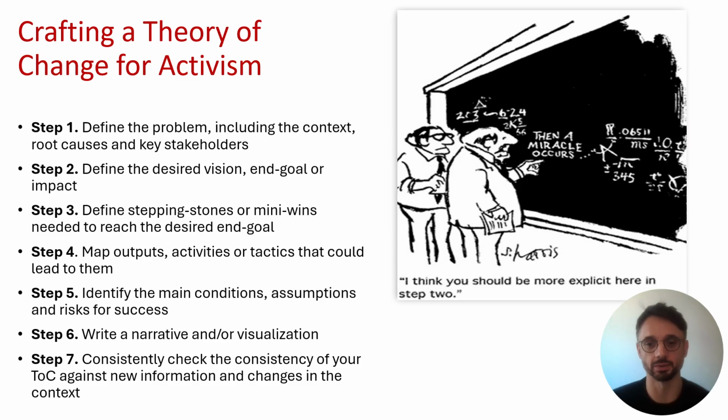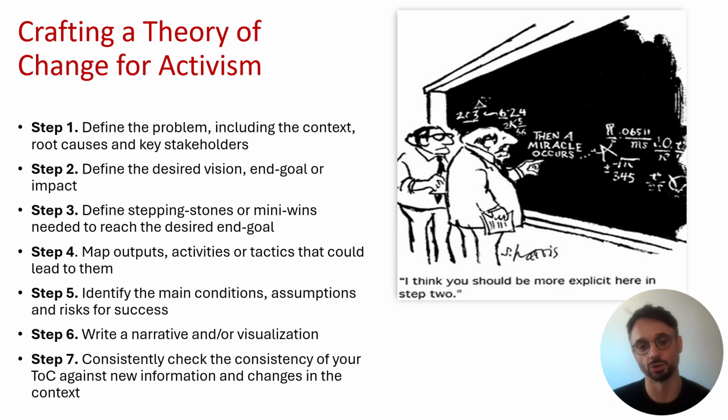When you're setting about designing a theory of change to help you be more intentional about your activism, we suggest there are 7 steps that you should engage in. The first step is to define that problem. This is where you will be looking at the system that you want to change, trying to see it holistically, as we talked about in earlier slides, and that includes also drilling down into the problem with a fishbone and mapping out the stakeholders who may be able to help you create that change, thinking about the power that they hold over the system and how much they agree with your desired goals or smart tasks.